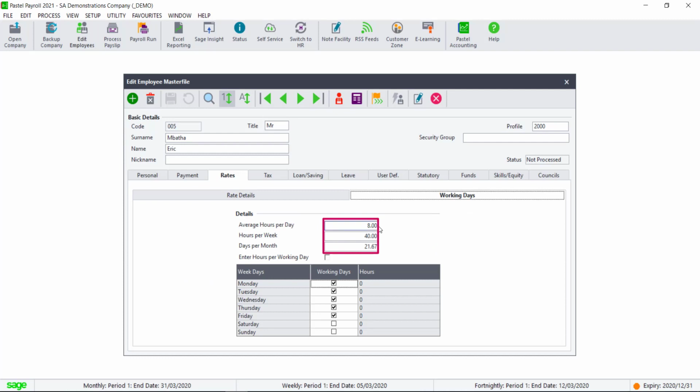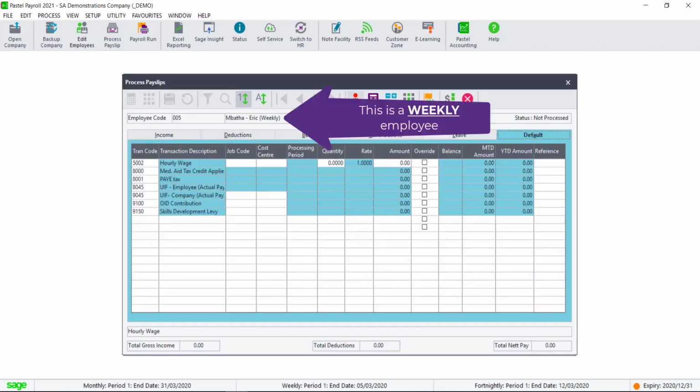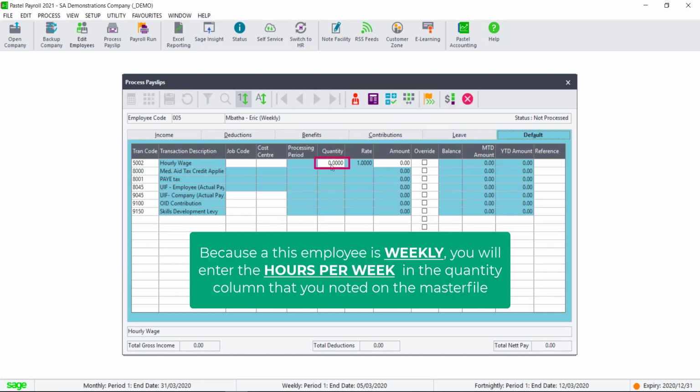In the Working Days column, make a note of the average hours per day, hours per week, and days per month, and then navigate to the payslip. You will see that this is a weekly employee. Because this is a weekly employee, you will have to enter the hours per week as per the master file